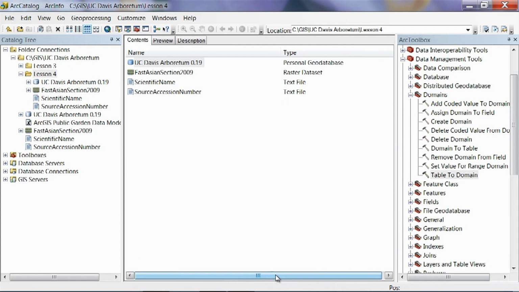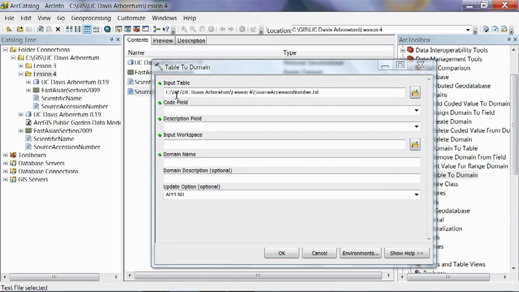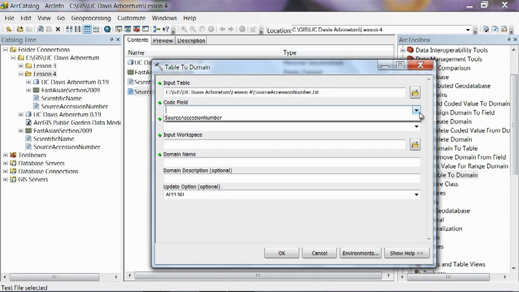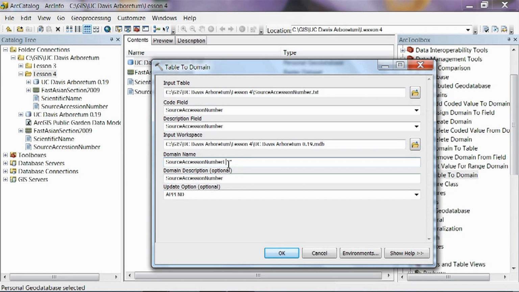And now we're going to do the same thing again for the source accession number domain. So click on table to domain again. Input table is going to be source accession number. The code field from the drop-down list is going to be source accession number. Same for description. Input workspace, we're going to click and drag our geodatabase in there. And then the domain name is going to be source accession number. And we're going to add East Asian onto the end of this,